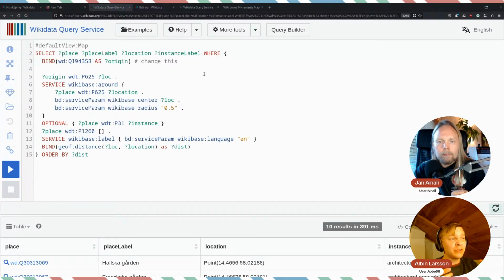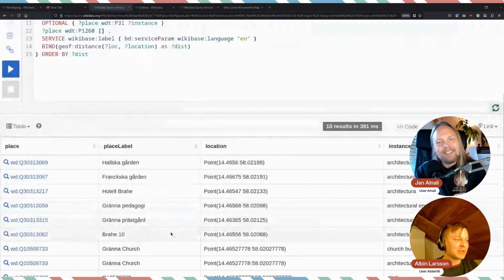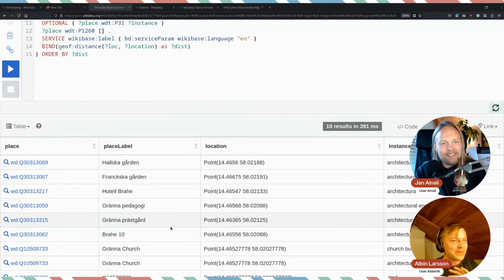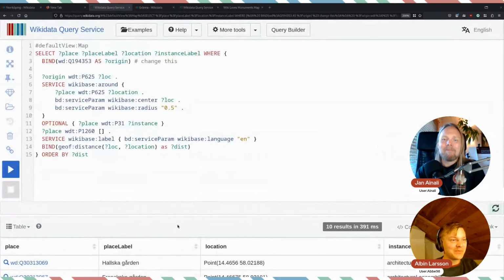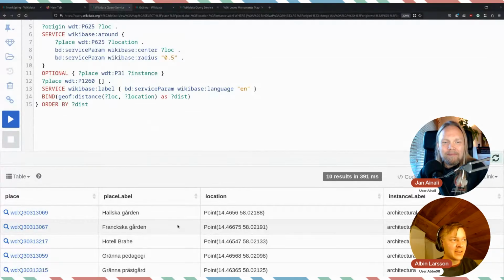And one way we can do that is, okay, what are the most photographed monuments already in Wikilow Monuments? We actually know that the place just outside of Gränna is pictured all the time because it's just next to Sweden's largest highway. And what if there are more monuments around it? Sadly, another bad example, there isn't in that particular case. But we could use that as a metric to try to generate this type of query,